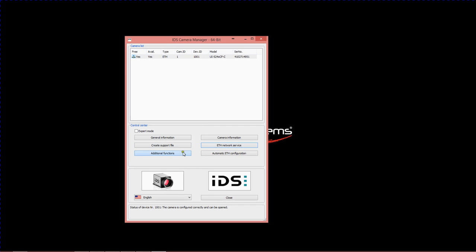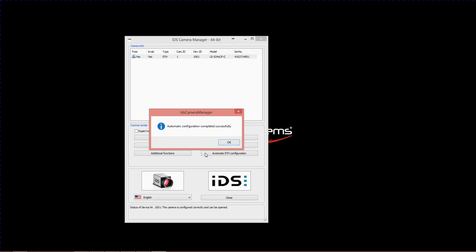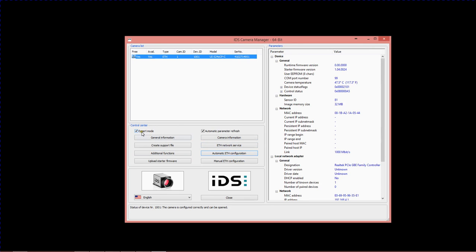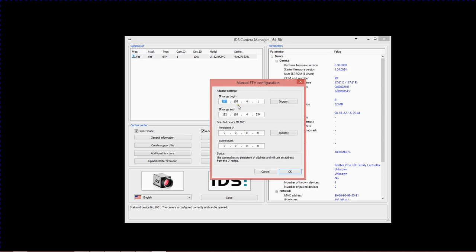You can also, let's see, give me one moment here. There's also a way to configure the camera manually with an IP address. Let's see. Okay, expert mode, I believe, is what we need to check. If you check expert mode here, that will bring up a manual ETH configuration button. And on this screen, you can literally assign a persistent IP address to the camera